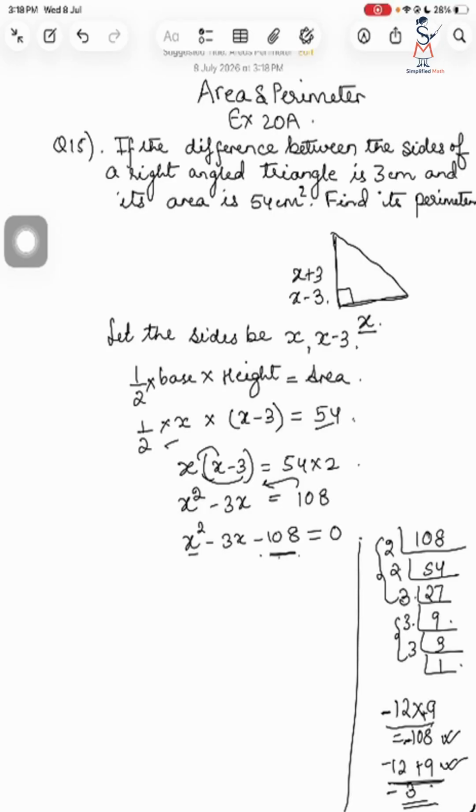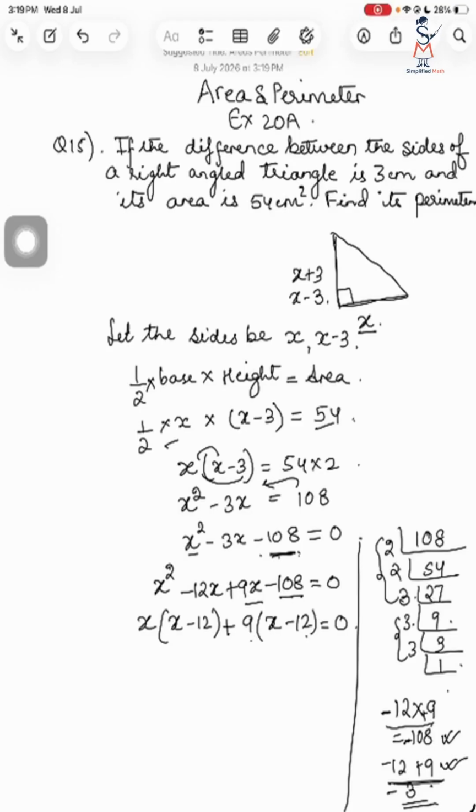So for that you can factorize it and then club the factors and get the numbers which, when multiplied, give you this number, minus 108. So this becomes x square minus 12x minus 3x can be written as minus 12x plus 9x minus 108. Now we'll take common. x will become common here. This is x minus 12. Here plus 9 can become common. x in the first term over here, and here minus 12 will come because 12 into 9 is minus 108.